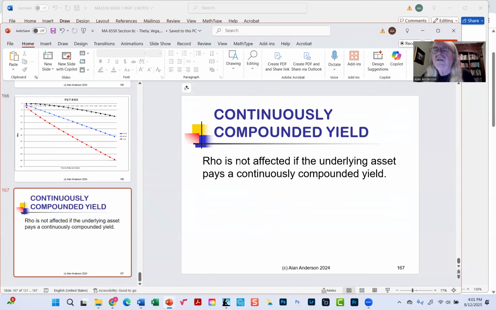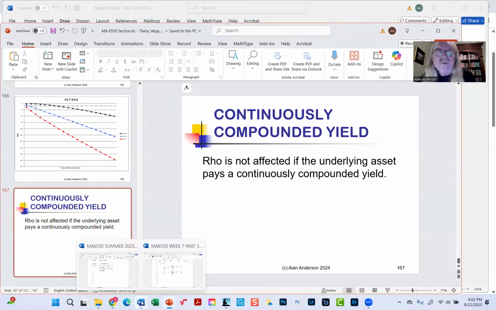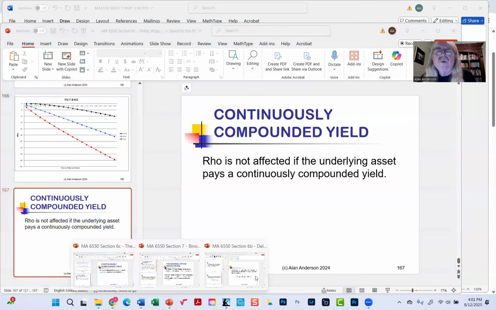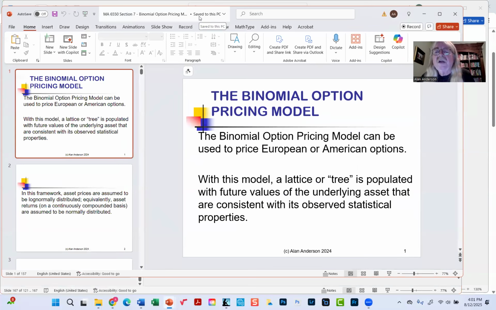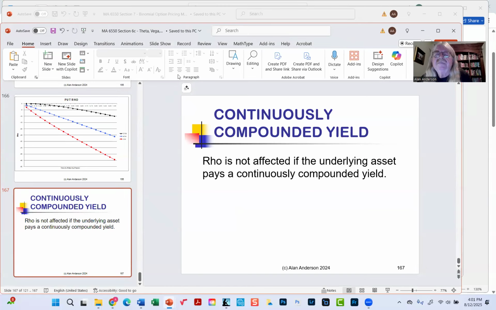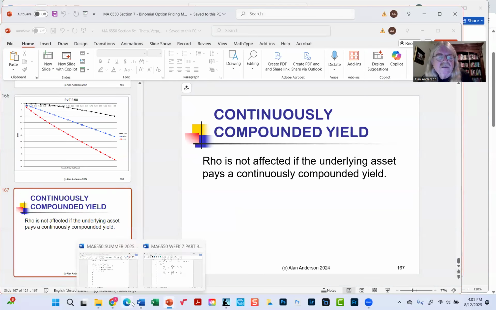Now we can move on to really, after Black-Scholes, the most important discussion we're going to have, because this is where we finally learn how to price American options. We're going to use a model called the binomial option pricing model, and as the name suggests, it is related to the binomial distribution in statistics. And that's because the framework behind this, we can take a bit of a detour here, is based on the logic,